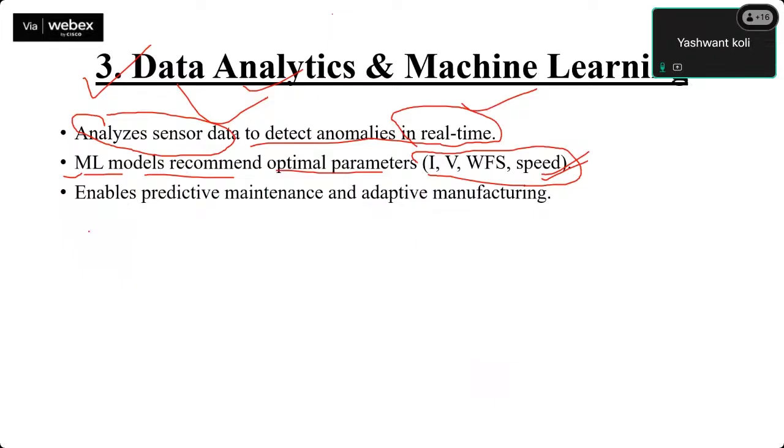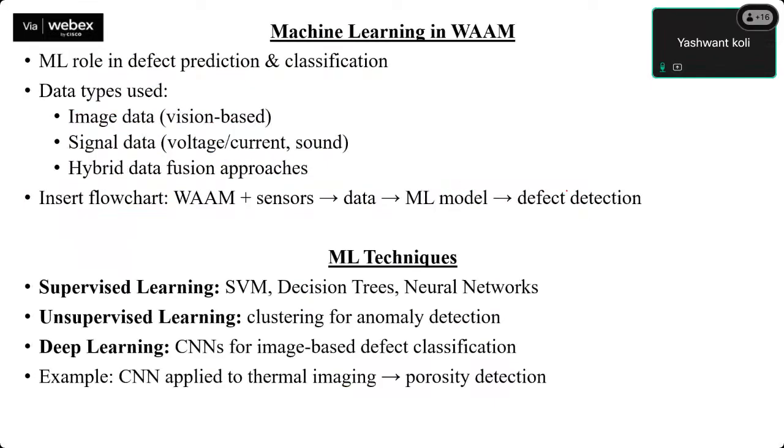This is the aim for this. So it enables predictive maintenance and adaptive manufacturing also. This is very common terms now. So machine learning in WAM, the role of machine learning in defect prediction and classification. Data types used are image data, signal data, and hybrid data. Image data is vision based, signal data is voltage and current, sound, and hybrid data is used for a combination of